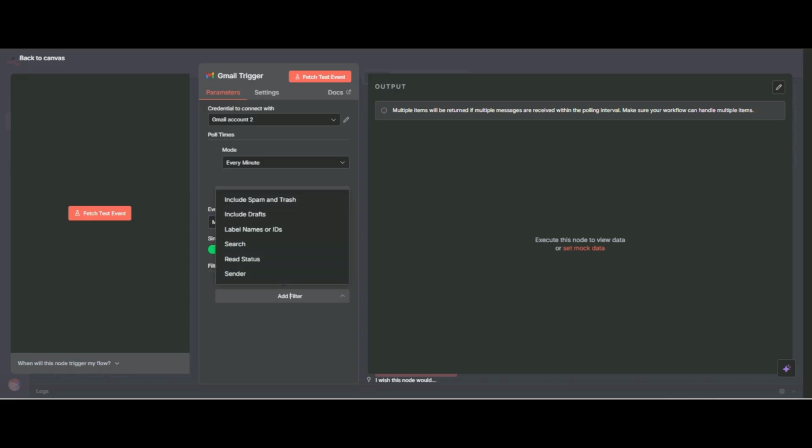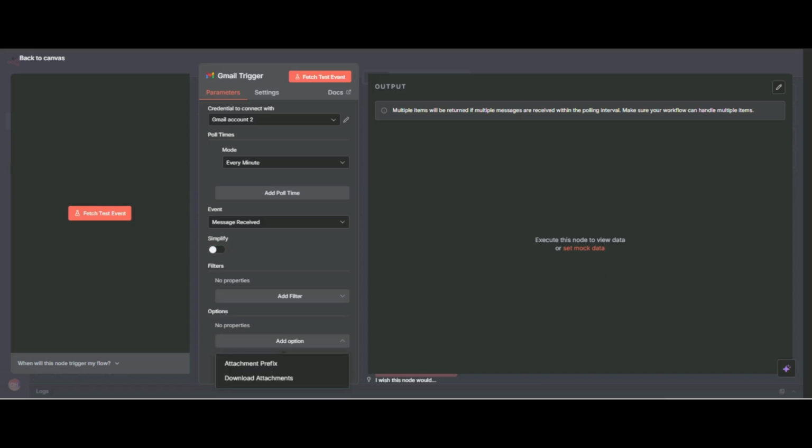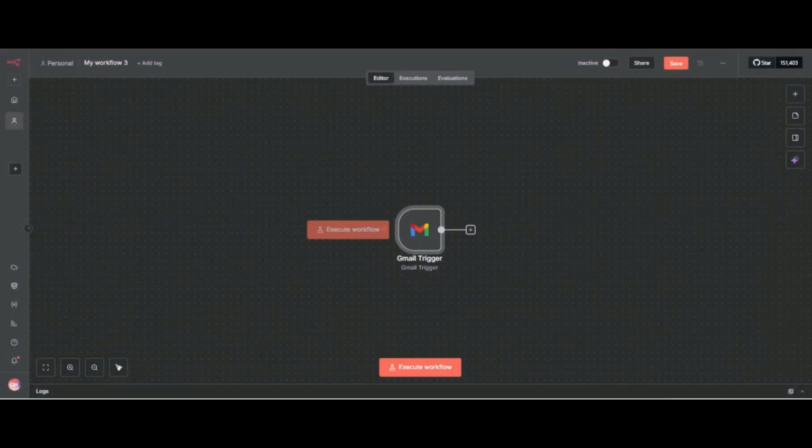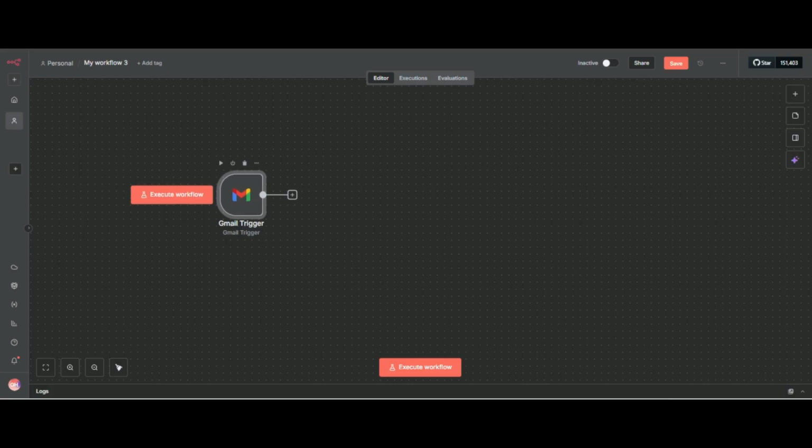If you want to download the attachment, you can close it and select download attachments, but now we stay with this. Now we have attached our trigger, and we have connected our Gmail account.